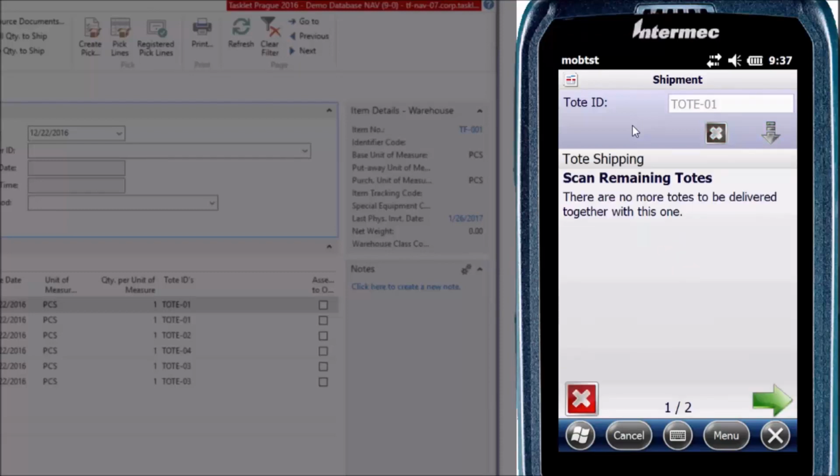Then the system will look up what I need to post that's related to this tote. And here it says this is the only tote that needs to be delivered. So the picker or the shipper can take these items and maybe ship them in the same box as they were picked, or put them into packaging, and then